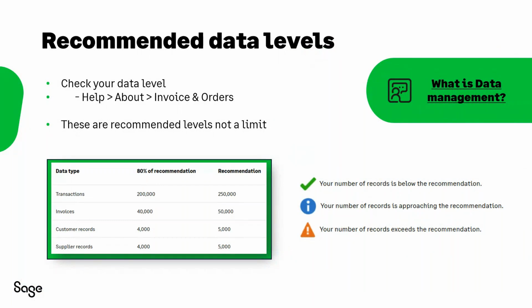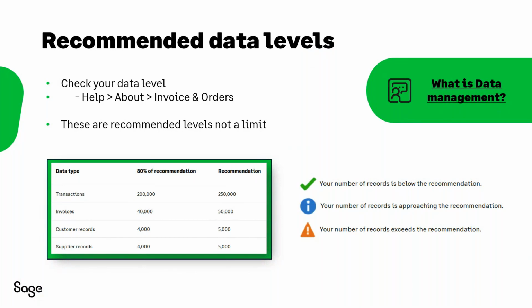So to have a look at the data management, which I mentioned before as well. There are recommended levels of data, which just make things run a bit more smoothly. You can check your data levels in a couple of places. One of them is in your help and about screen. So help at the very top of the middle of your Sage screen there, and then about. In the middle column,